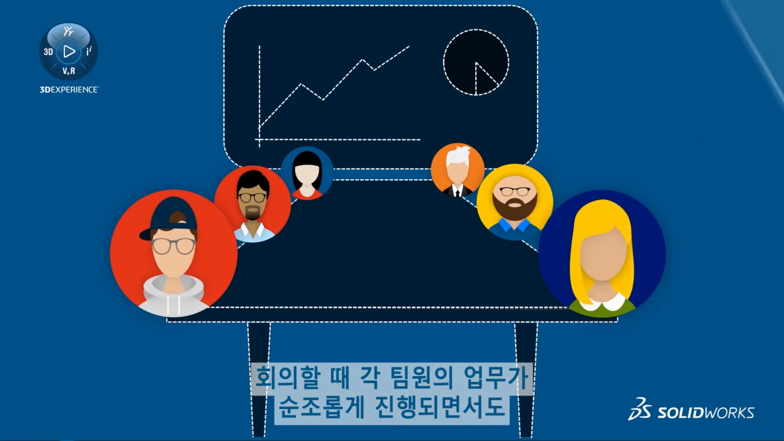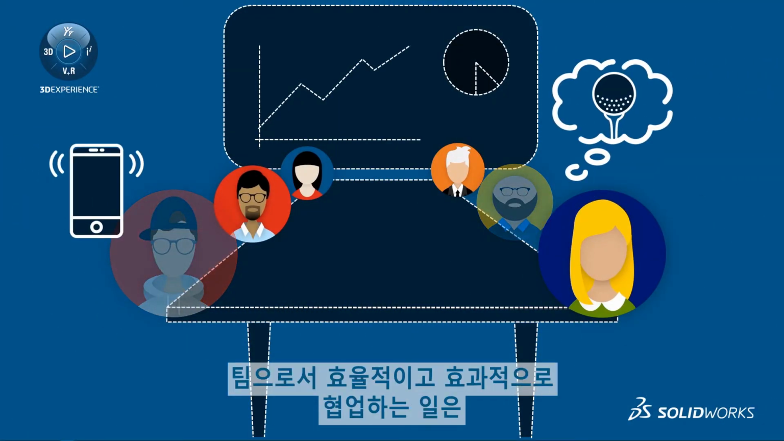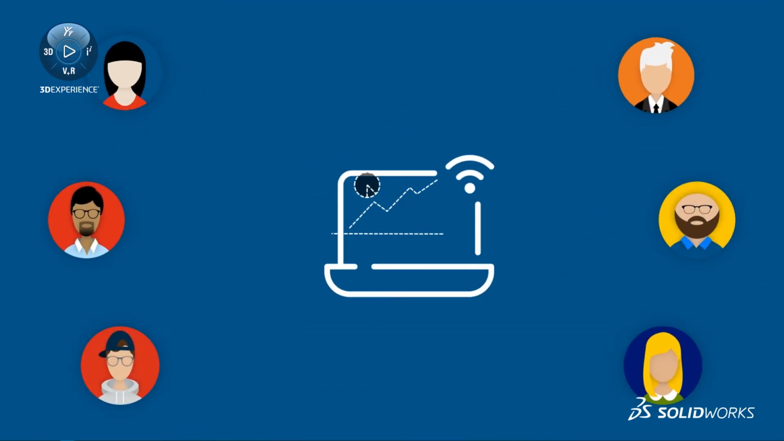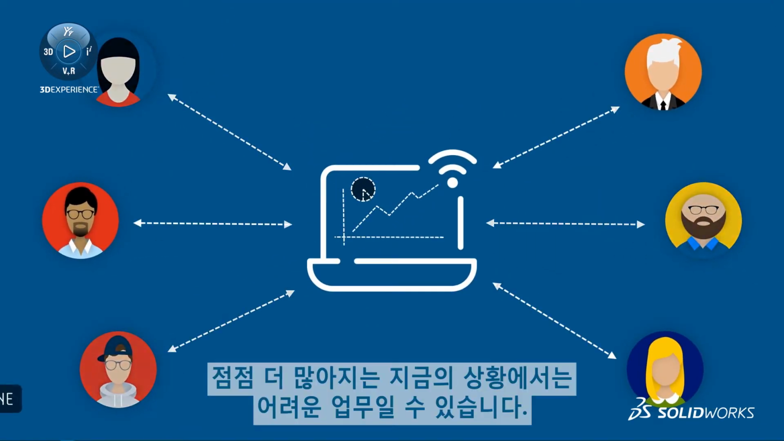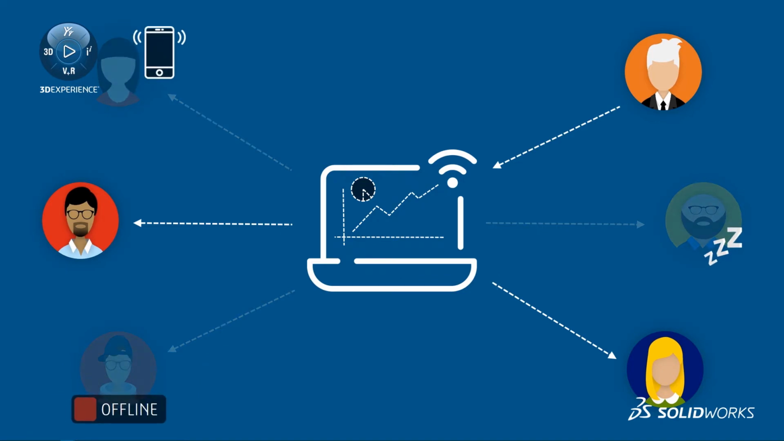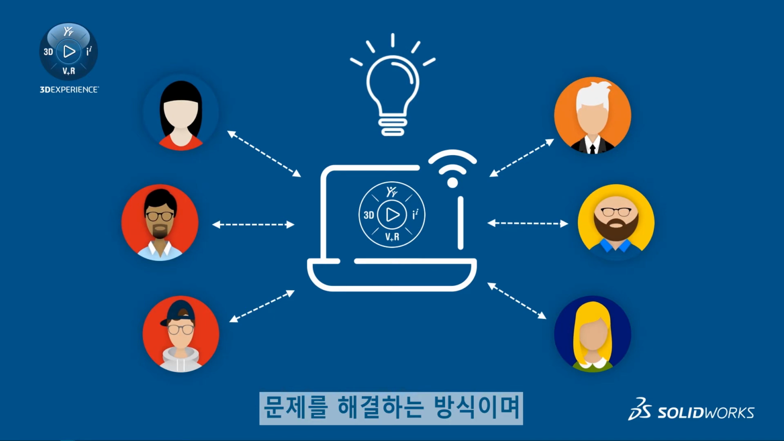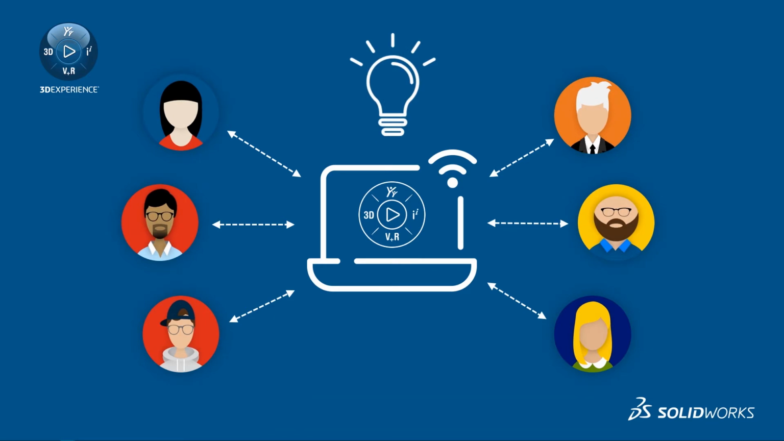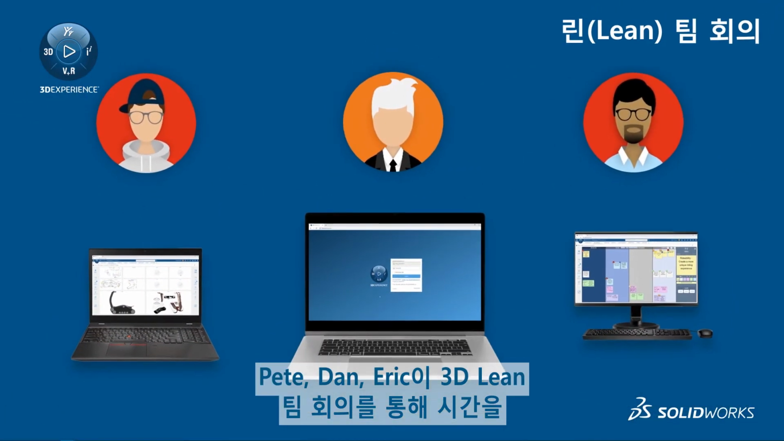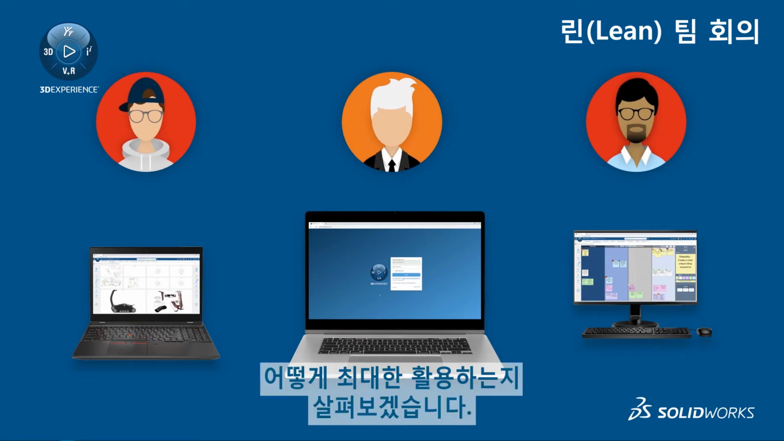When it comes to meetings, keeping individuals on track while efficiently and effectively collaborating as a team can be a difficult task, especially with more and more employees finding themselves working remotely. Having well-rounded contributions from meeting attendees is how problems are solved, and 3D Lean helps do just that. Let's see how Pete, Dan, and Eric make the best use of their time as they jump into a 3D